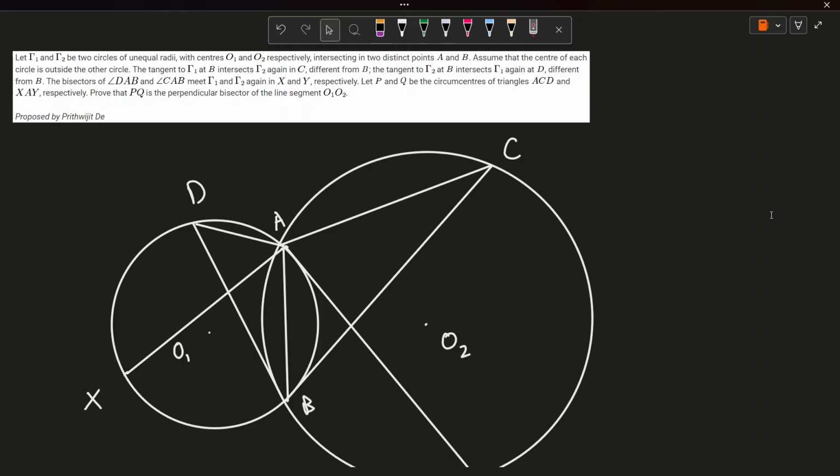Hello everyone. In this video, we are solving a problem from INMO 2020. If I guess correctly, this is the first problem. So this is a geometry problem. It says that let